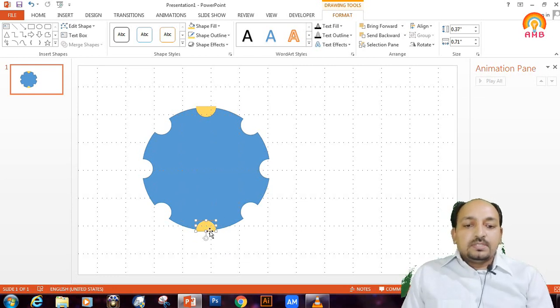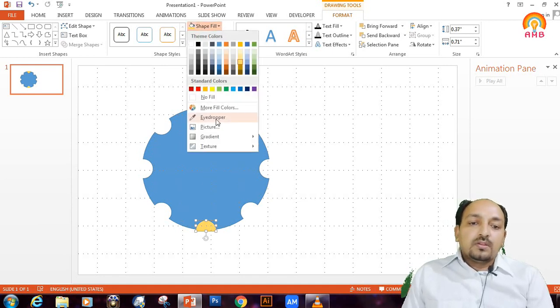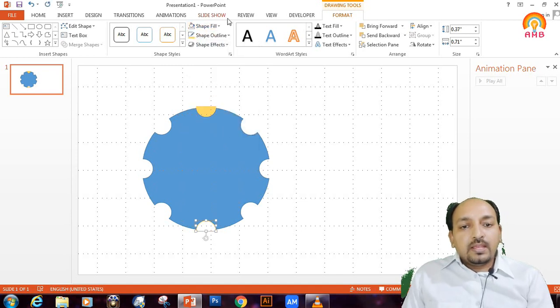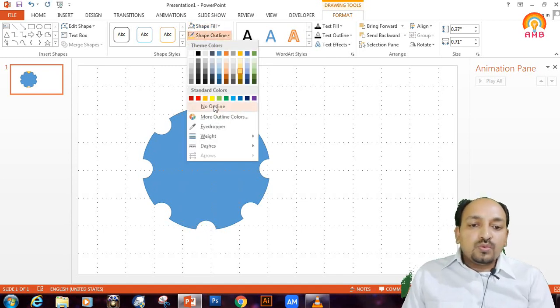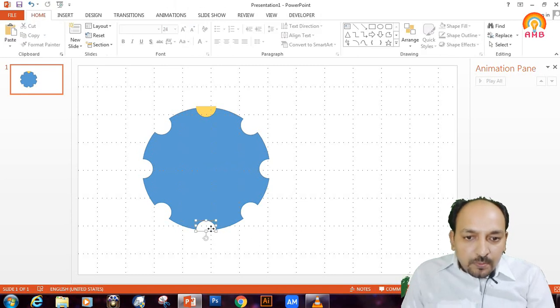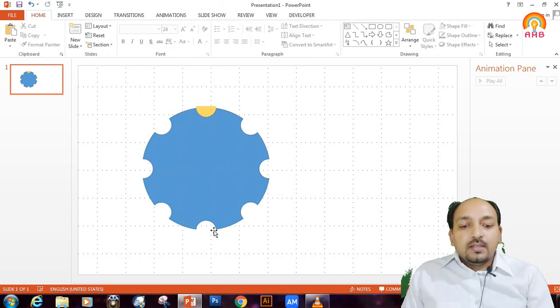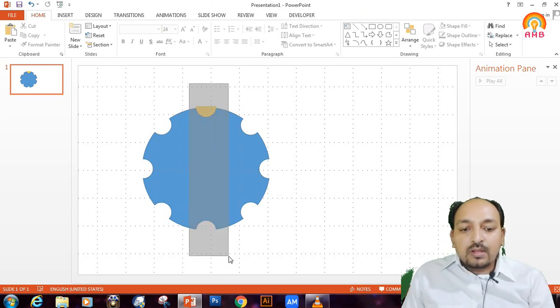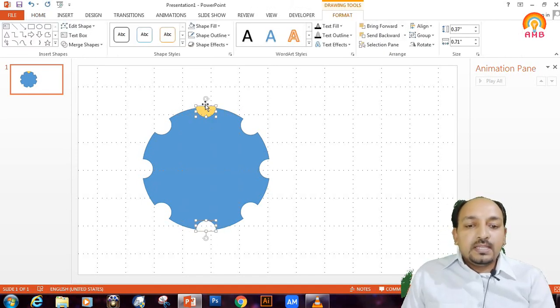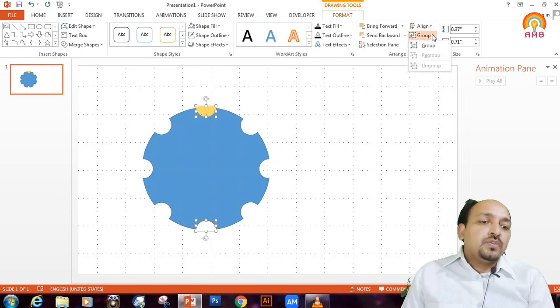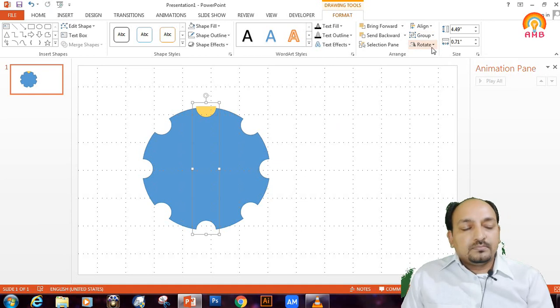Okay, now make the shape at the downward side have no fill, and the outline is also converted to no fill, so we cannot see this object, only the other one can be seen, but this object is still present here. So we have to select both of the hemispherical objects here, one that is seen and one that is hidden. Both objects are selected and we have to group them.